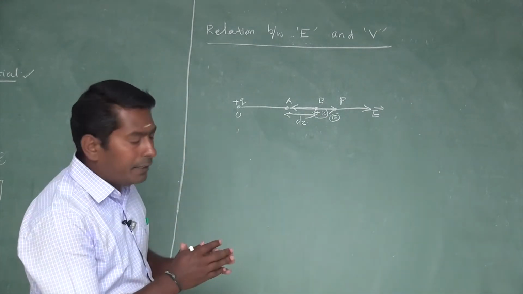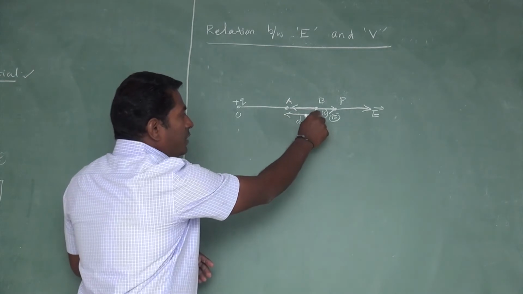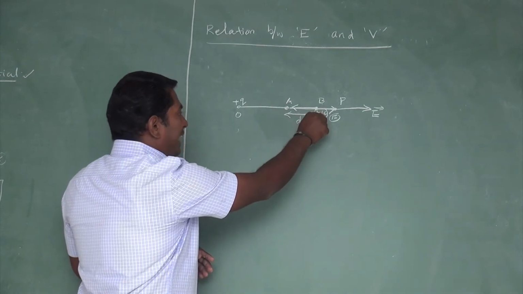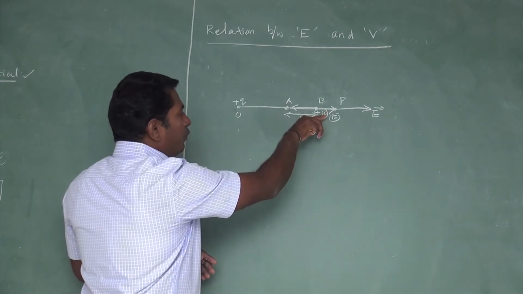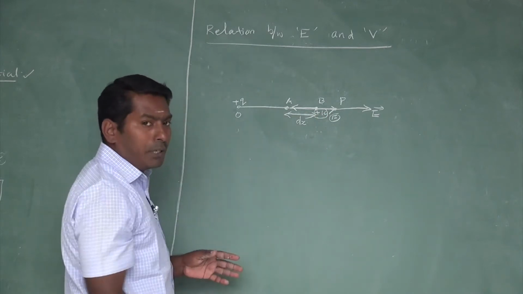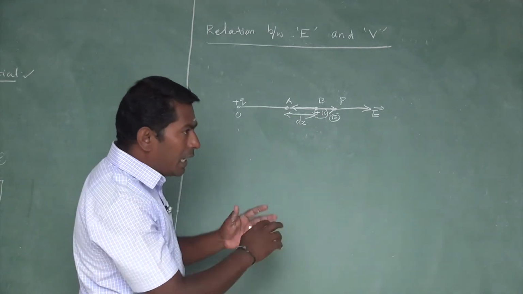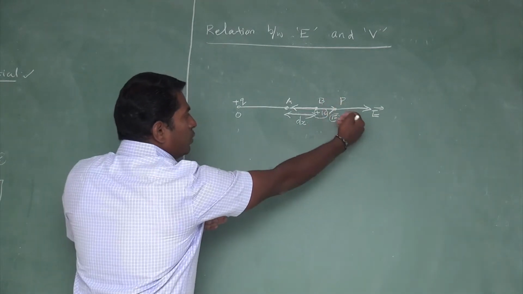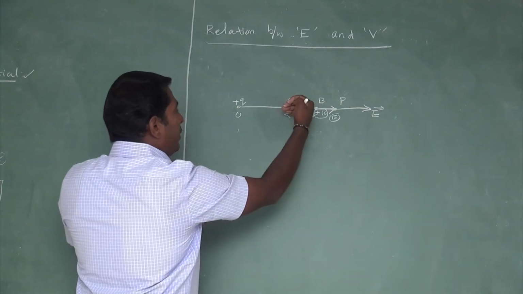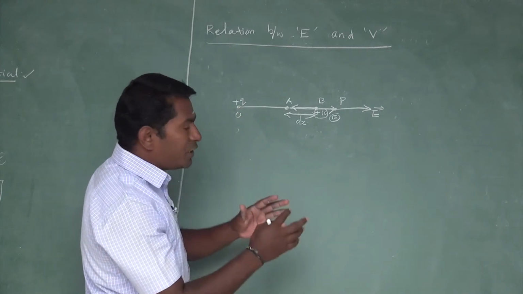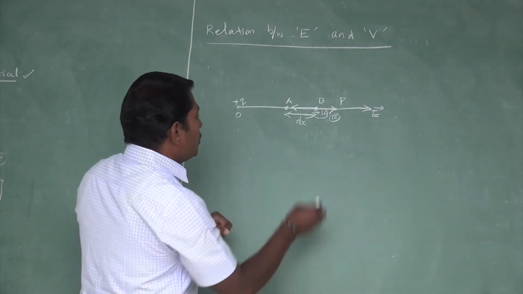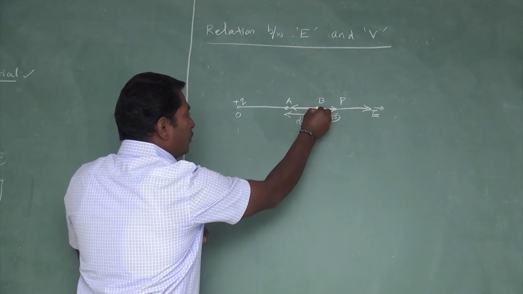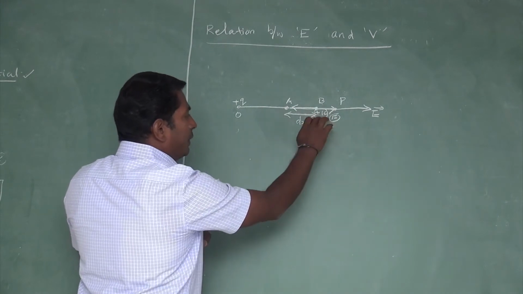So keep in mind that the unit positive charge placed at point B experiences an electrostatic repulsive force due to the electric field produced by the source charge. But in order to overcome this repulsive force, we want to move the unit positive charge from B point to A point near the source charge. Work has to be done by the external agency.